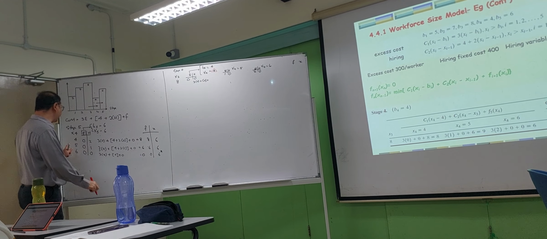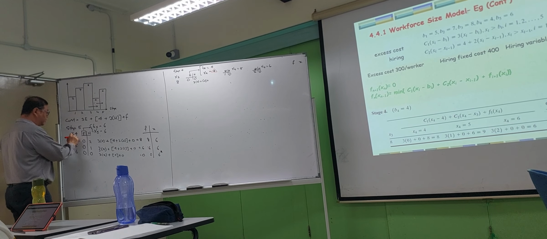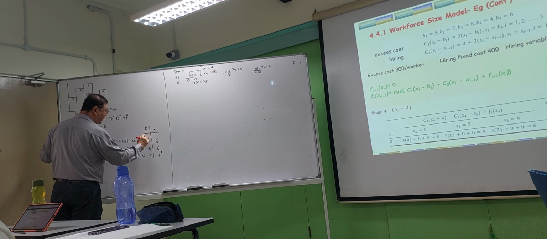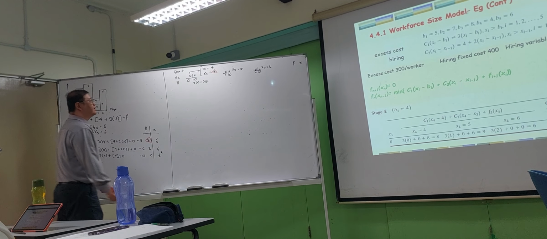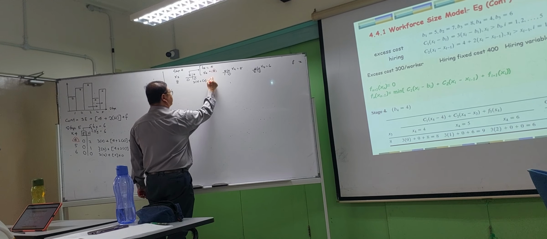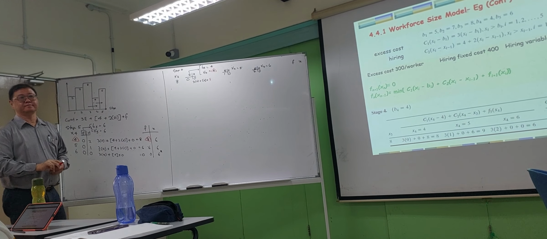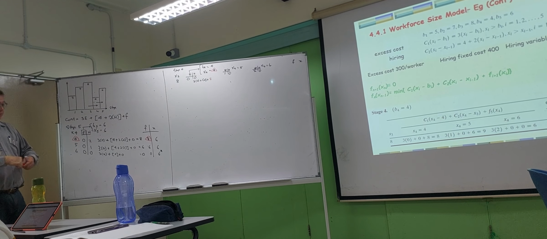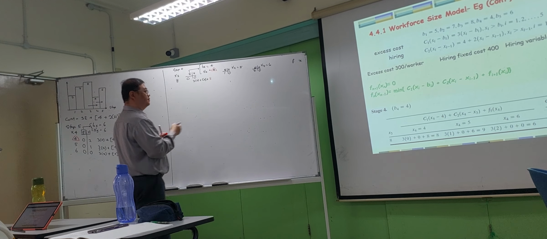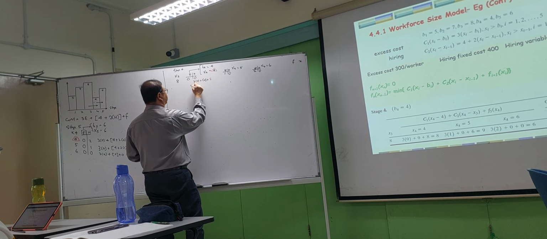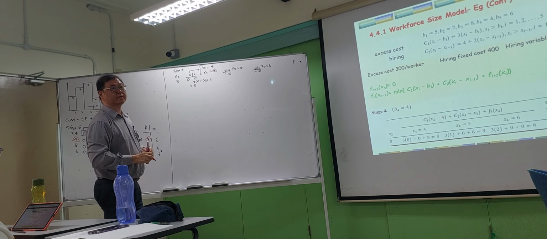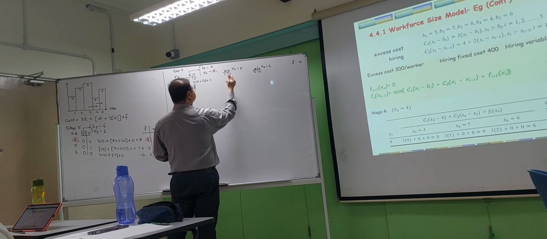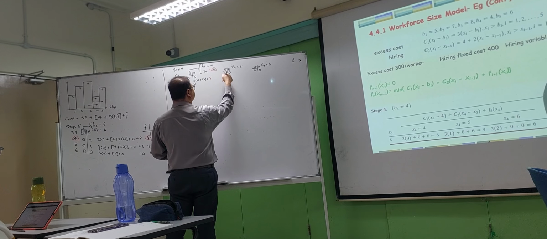So you go back to here, x equal to 4. The corresponding f value is here. So if you calculate it, now here, 3E